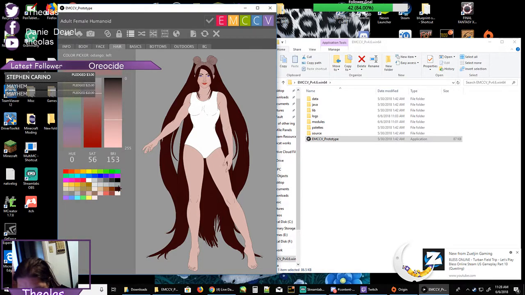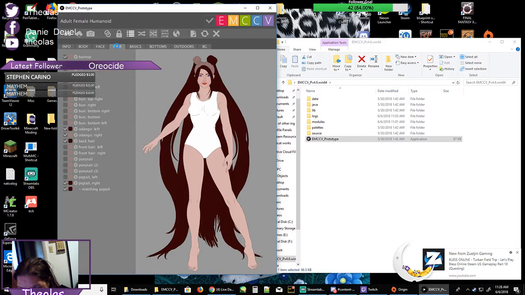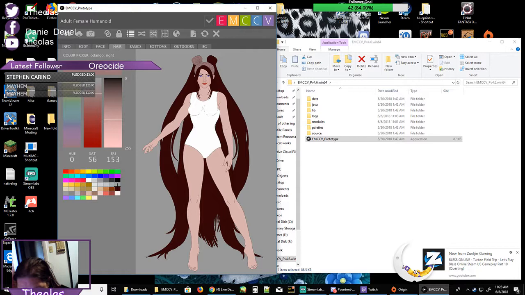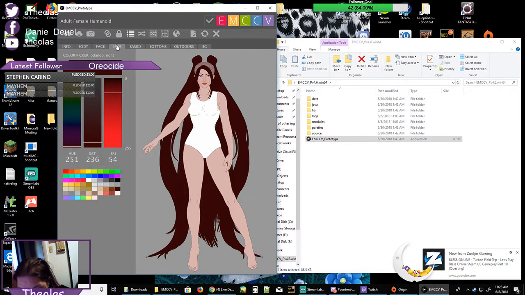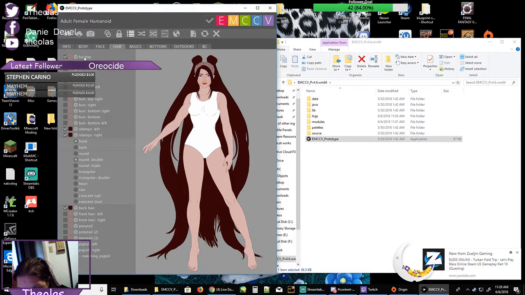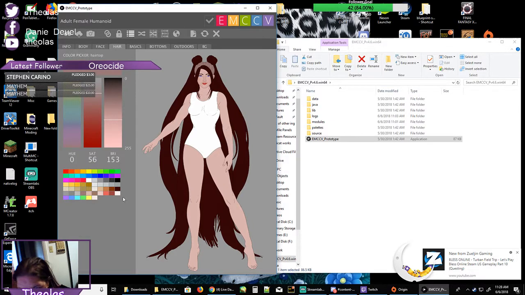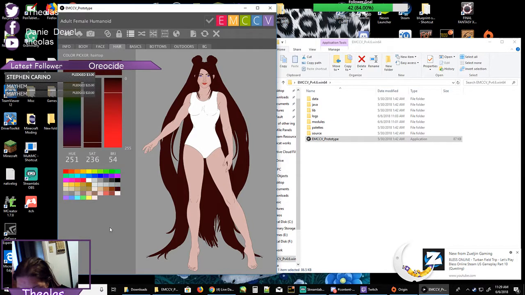Can we get the hair in there? Okay, on the top needs to match. Now,